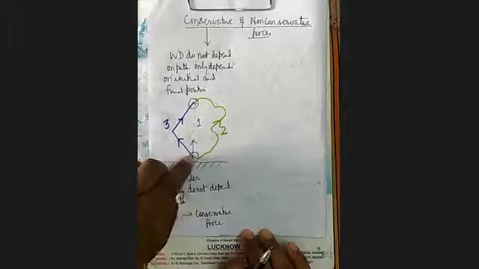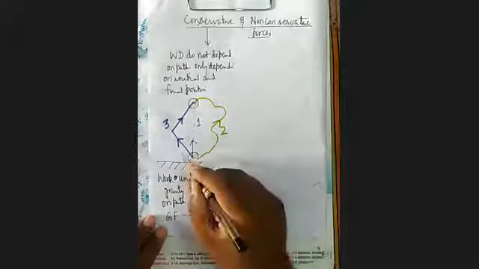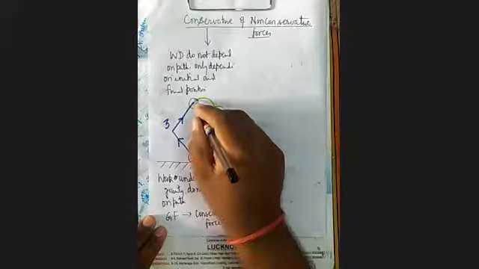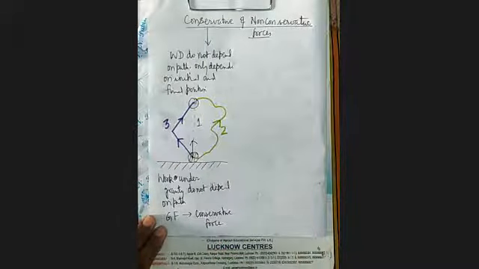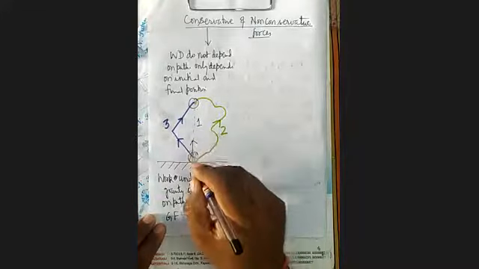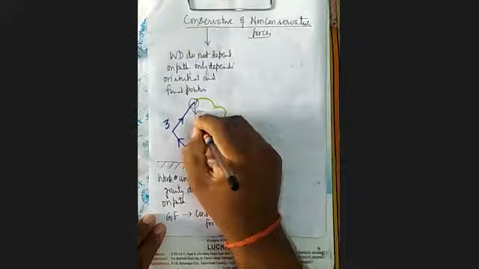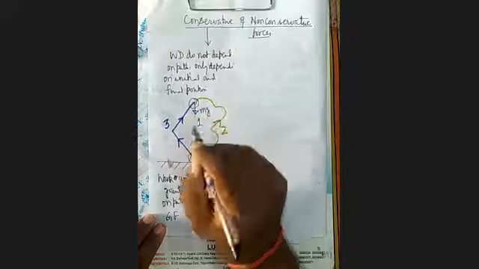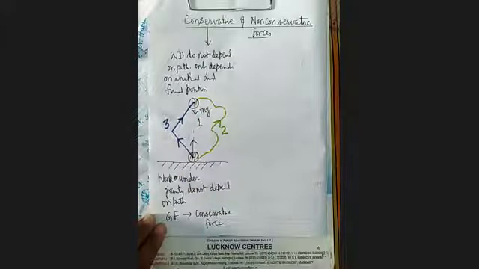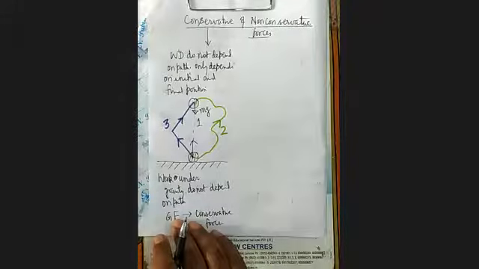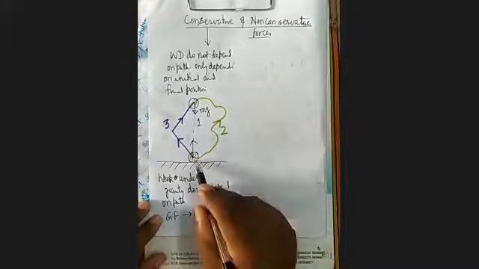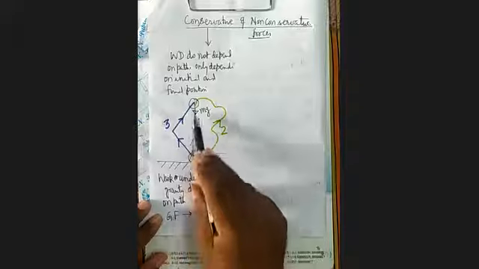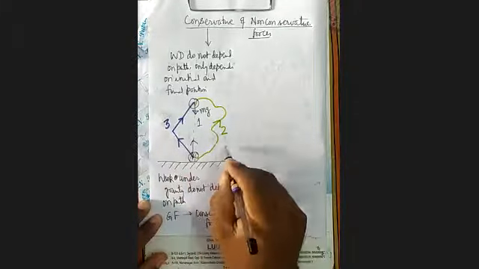Now see here, suppose you have taken the body from this position to this position. It's clear? Means going vertically upward, going against gravity. Why against gravity? Because gravity force always acts in the vertically downward direction. Gravity force, which is the weight, is acting vertically downward. So when you are carrying the body from here to here, you are going against gravity. Suppose 100 joule work is done in going up.